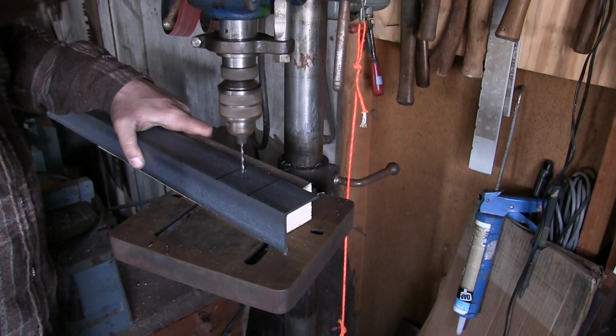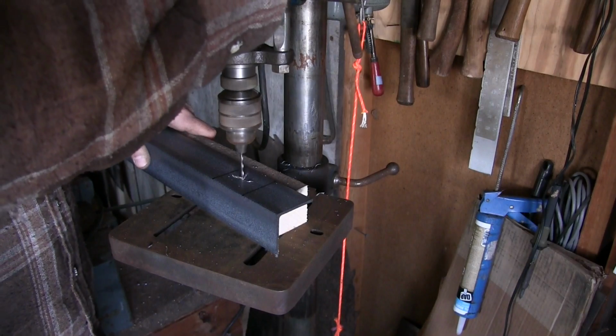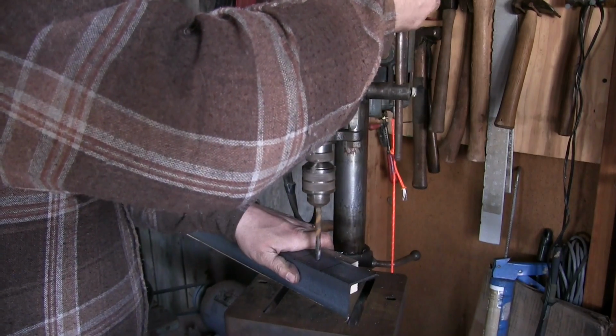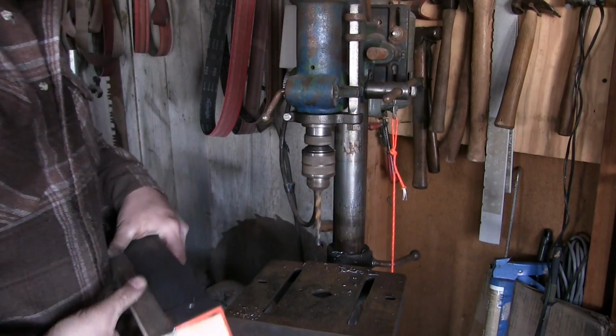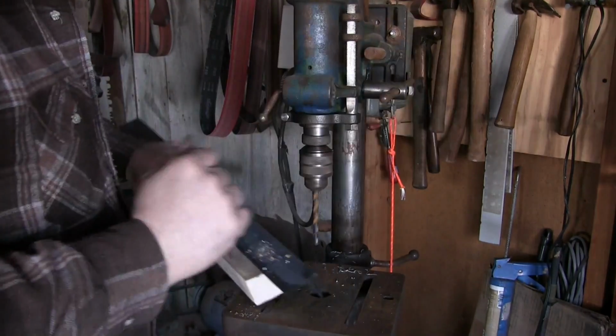I'll put my 1/8 inch holes in first, then probably work my way up to a 1/2 inch in 2 stages. Man, that's a good sharp drill bit. Son of a gun. Wow,